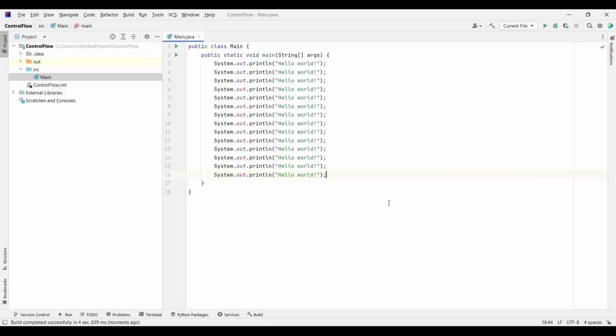And if you have more code here, thousands, hundreds of thousands of lines of code, if you put them in this way, so you don't use if statements, you don't use, as you'll see, loops and all of that, all the code is going to be executed line by line.